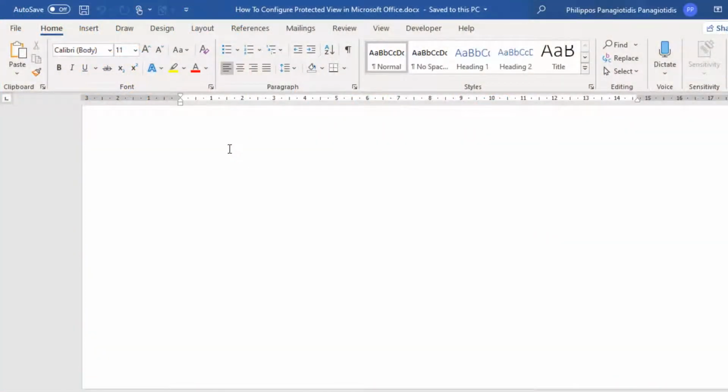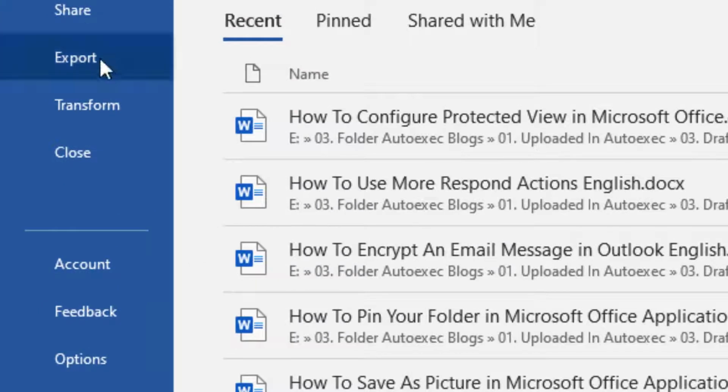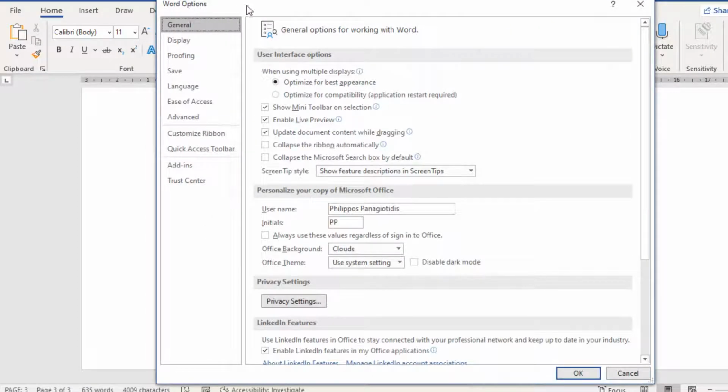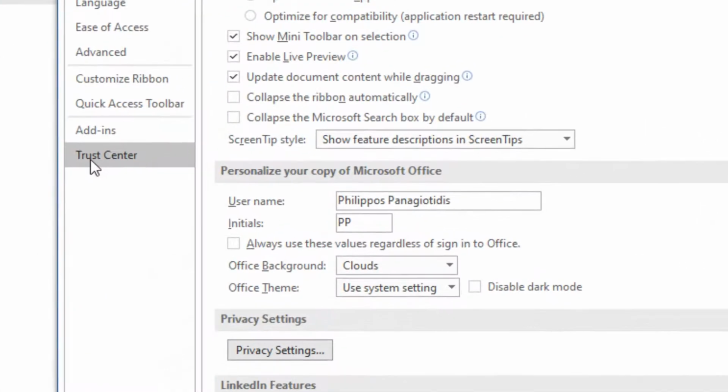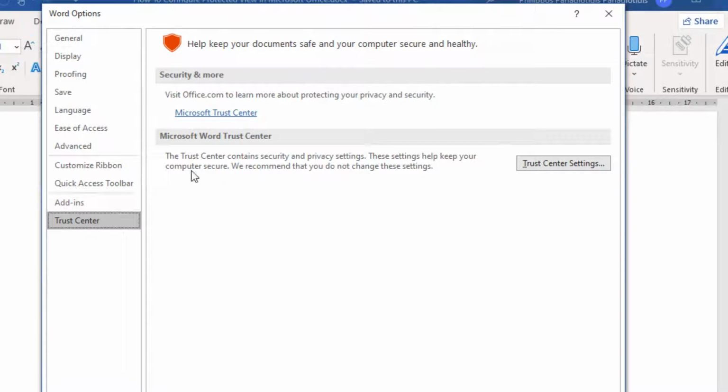We must move into Backstage view, so I select the File tab in order to move to Backstage view. From the drop-down menu that appears, I select the command Options. The Word Options dialog box appears, where from the left I must select the area named Trust Center. Trust Center helps keep your documents safe and your computer secure and healthy. And then at the right, I select the command Trust Center